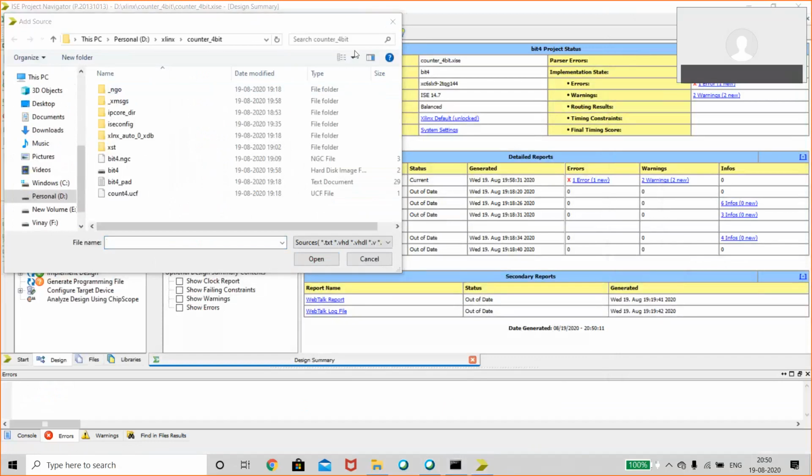Similarly, in the beginning, one person faced a simulation problem. For that you have to use the 64-bit window, then that problem will not come.